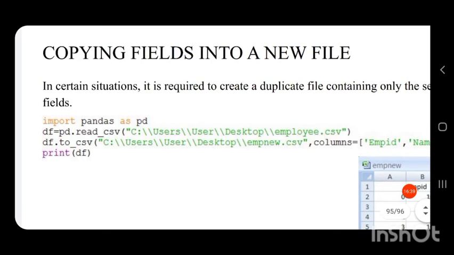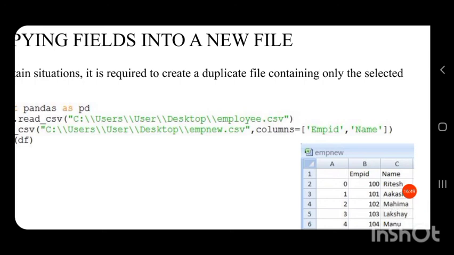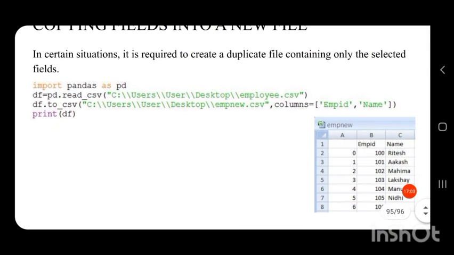In that, the location of the new file is given, with the name emp new.csv, and a new attribute, columns equal to, in square brackets, the 2 columns that have to be displayed. So here we are displaying the columns emp id and name. Column names are to be enclosed in single quotes. Then print the data frame.